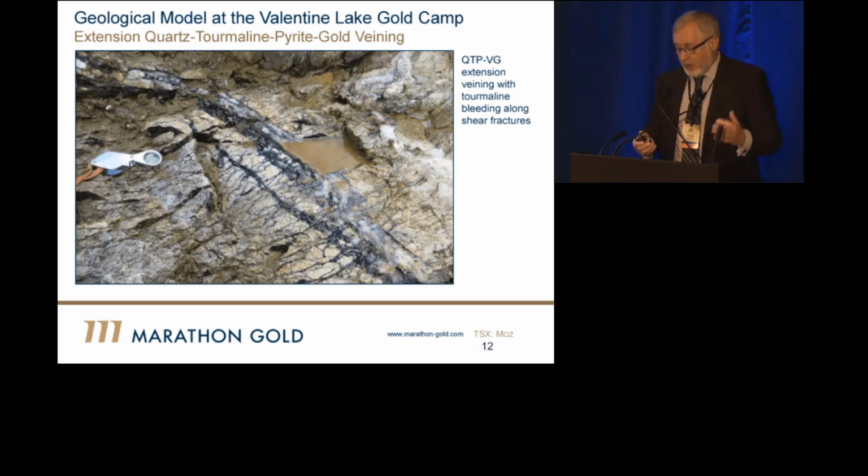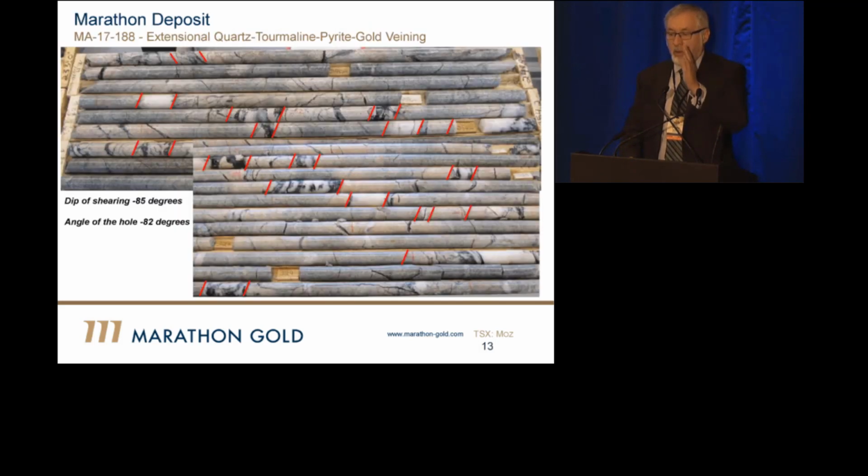And the stacking is the change in the thought, that almost all of the gold-bearing veins are stacked. Some of them are not, some of them are vertical, but most of them are flat. They're called extensional veins. It's not uncommon. We've been compared by different people to Lamaque Sigma,